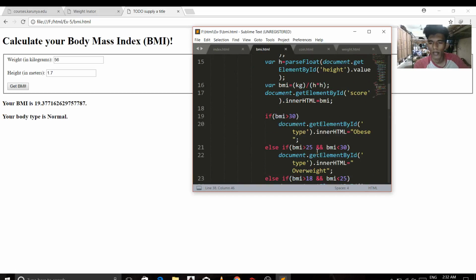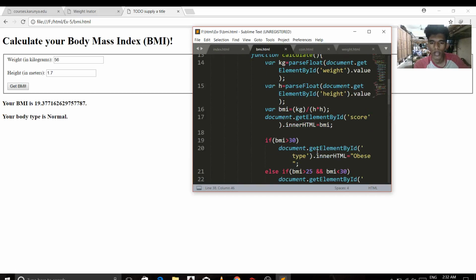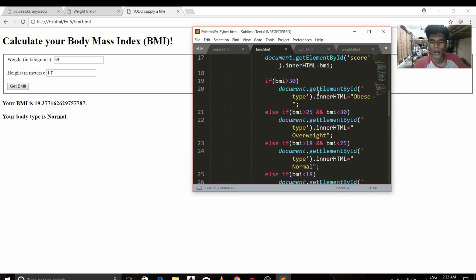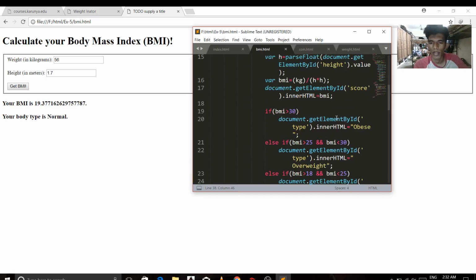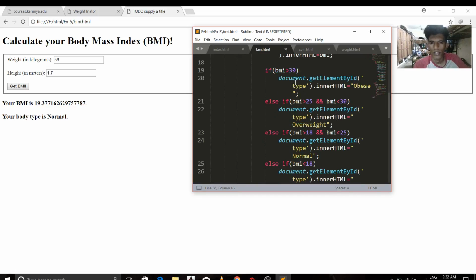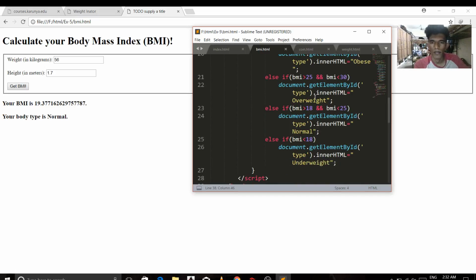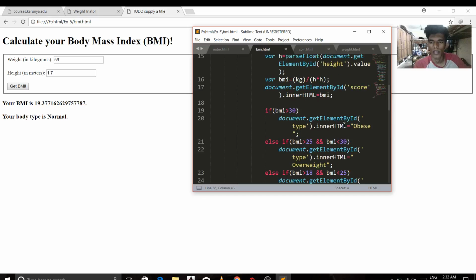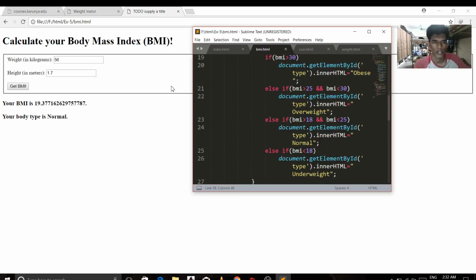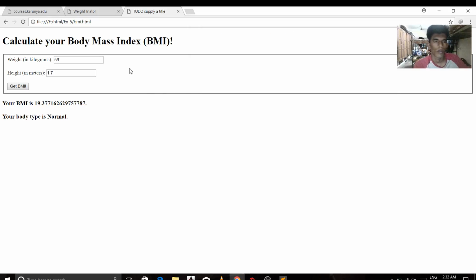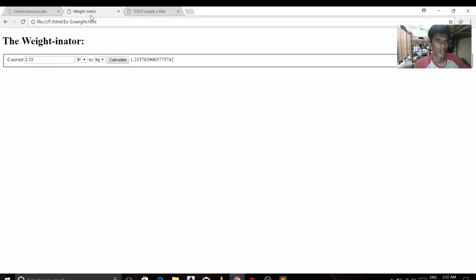Then I've used the if else command, and the same innerHTML, giving a condition for each BMI range. It displays obese, normal, and so on. My next experiment, I'll go back,